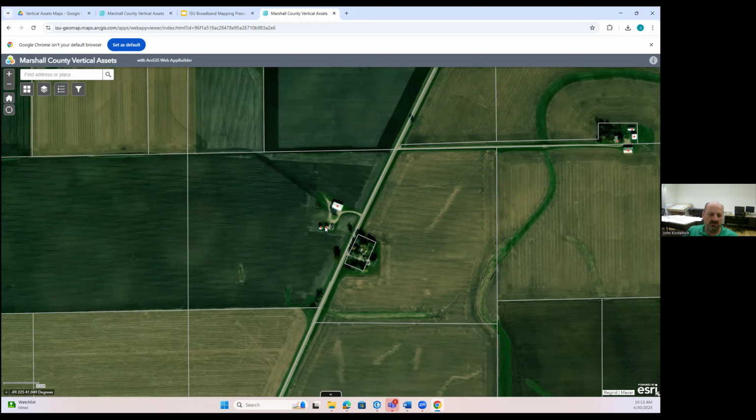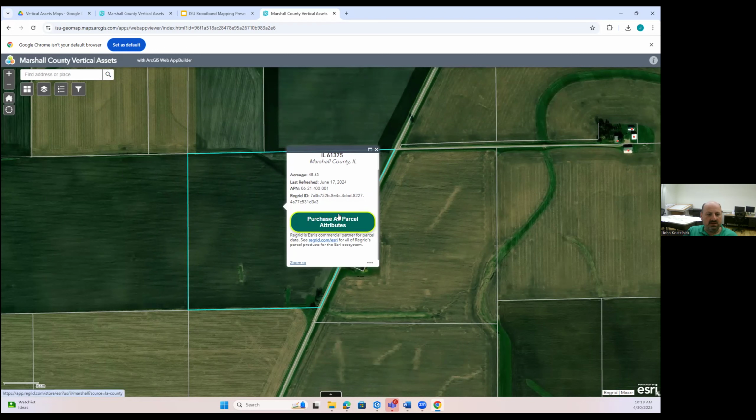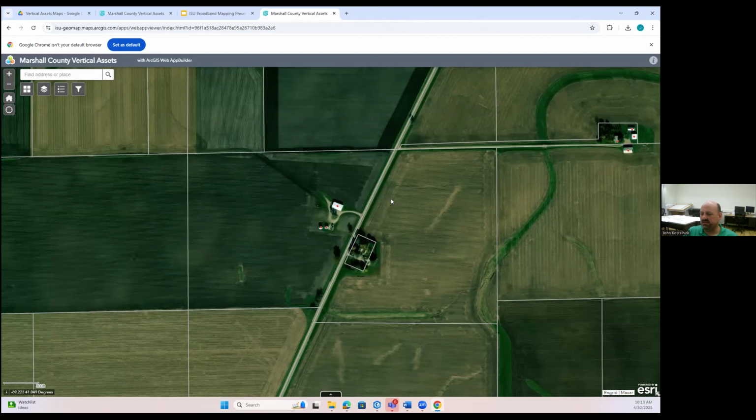So you may say, well, this is kind of interesting. Whose property is this? You can see it's indicated with the gray line. If you click on the parcel there, it will give you the parcel ID number in here. So you can see there is the APN. That's what you can use to then trace with your local government, your local county, to figure out who that actual landowner is. So the parcel information is in here.